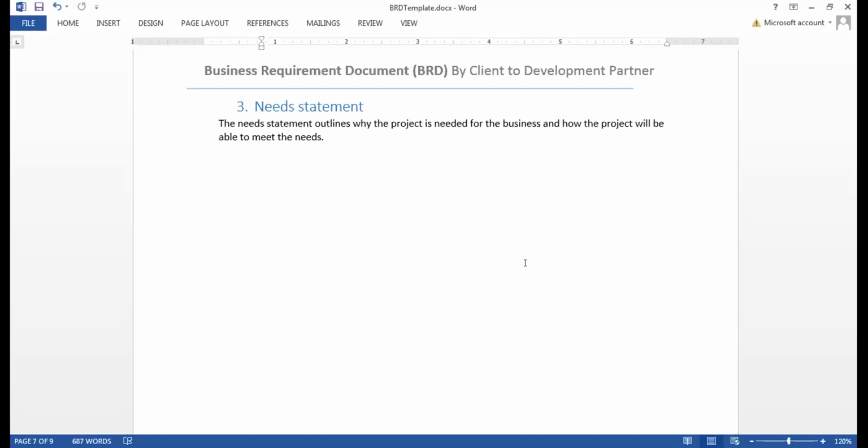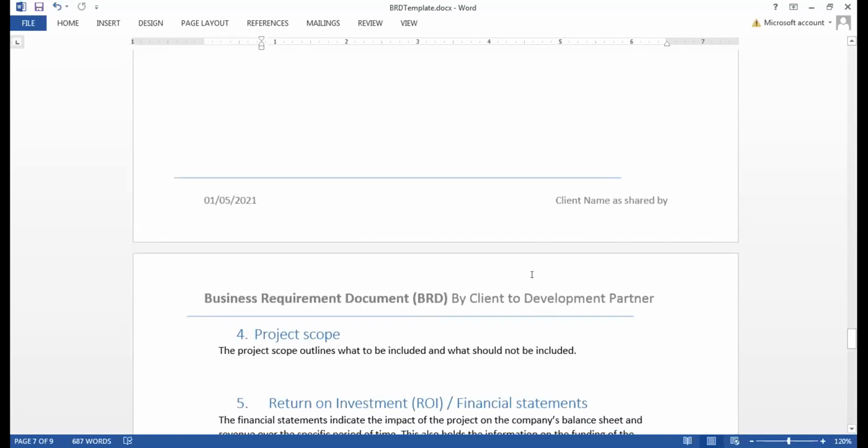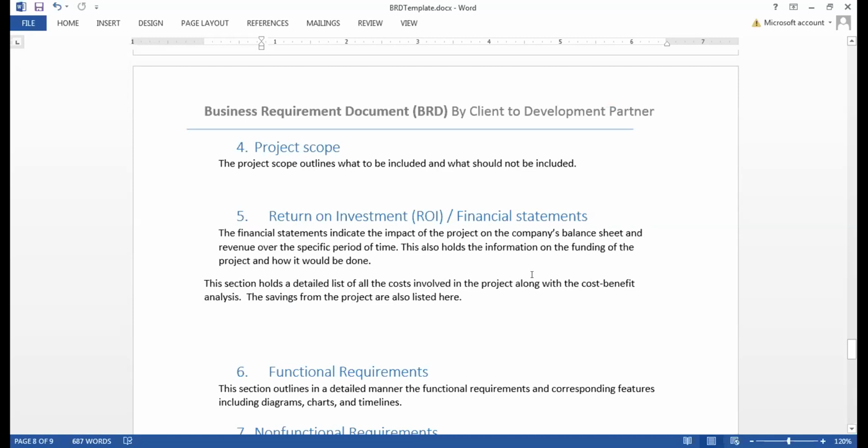Now we will learn how to convert these needs into the actual HLD. This is a kind of need, and we need to convert it into a SMART goal and then present it in the HLD, the high level diagram. We will learn how to do that, right? So this is the need statement, and then comes something called project scope. We talked about project scope in the use case diagram, right? That rectangular box.